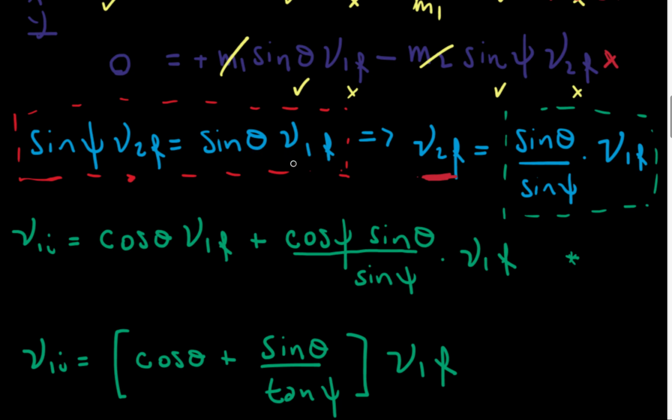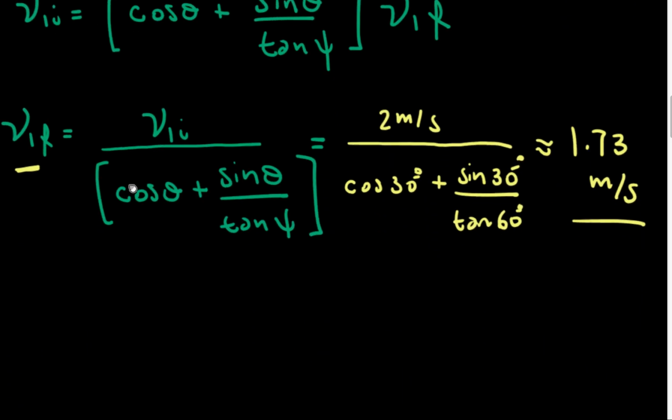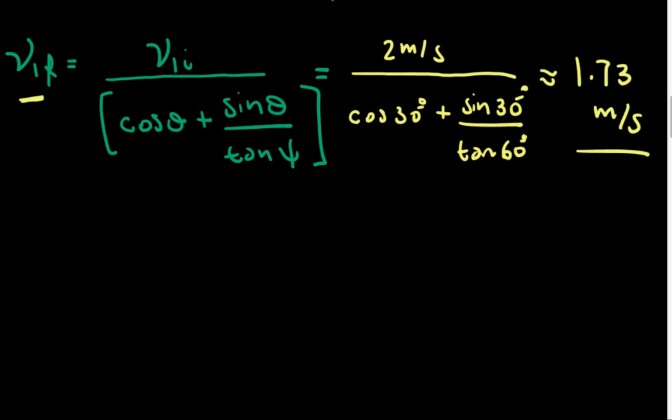We just found V1 final. We have this angle, we have this angle. So V2 final is just that. V2 final is the sine of theta divided by sine of phi. I can probably just go ahead and do that. So for our second answer,